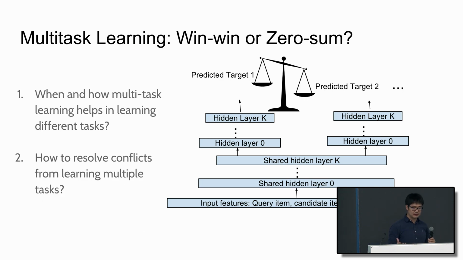And over time, we have seen this model work relatively well. However, there are still a lot of problems, where we're thinking about whether multitask learning is a win-win situation, or has a trade-off, or is zero-sum. The reason we say that is because we observe the shared-bottom model is very sensitive to many factors. It's quite data dependent. For example, task relatedness, the different distributions of training data, as well as the labels can affect whether and how well the shared-bottom model can learn.